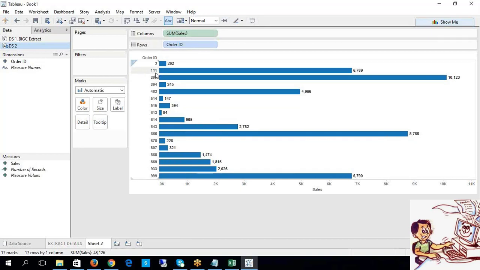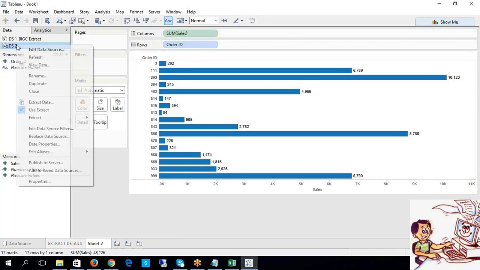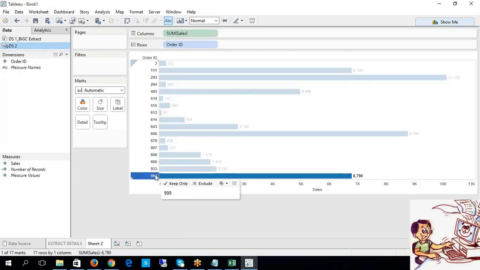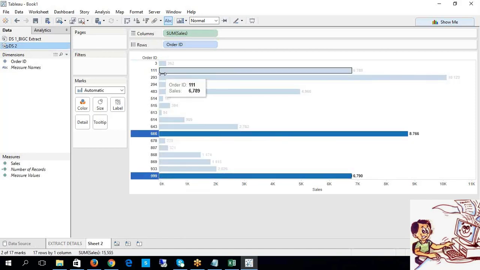Based upon the ascending or descending values, it has been reflected. Look at this, 111, 999. Okay, isn't it, guys? So 666, these values have been reflected. Are we clear with this? So that is the reason whenever we are refreshing data sources with the TDE file, we have to perform the extract refresh, where we have added these values in my source level. So this is the way to deal with this.